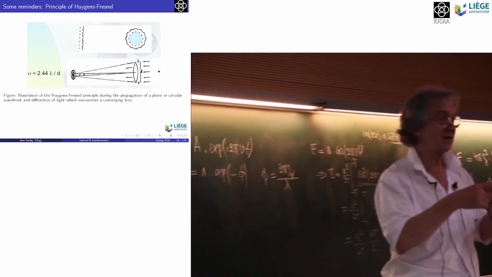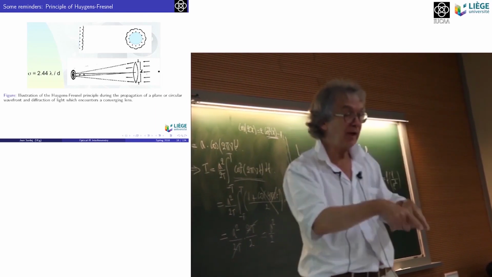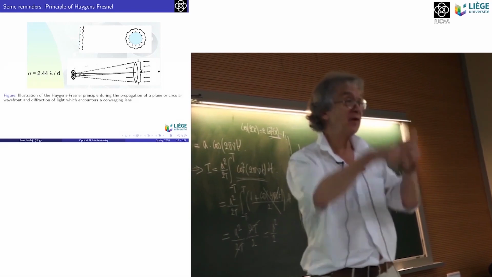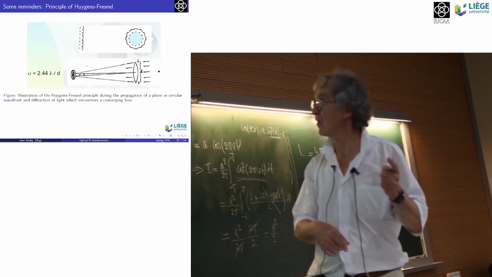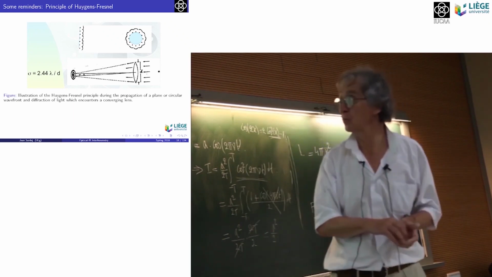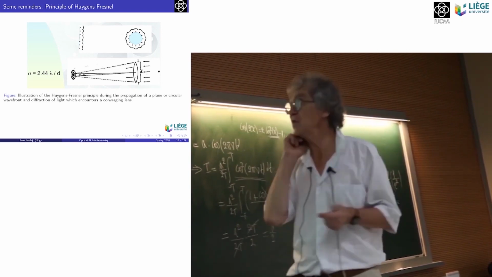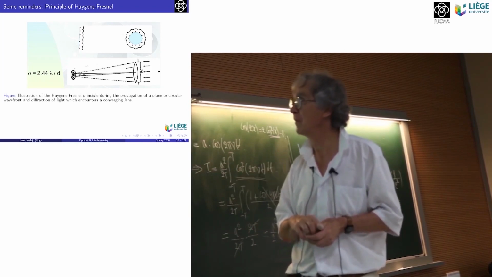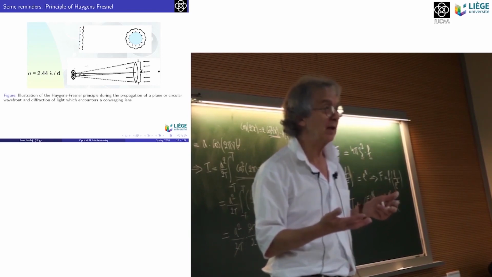interference between the wavelets. So if two wavelets oscillate and meet each other in phase, then their amplitudes will just add up coherently. If they are oscillating in opposition, then the resulting amplitude will be 0. And by adding this interference between the wavelets to the construction principle of Huygens, Fresnel has been able to account for the diffraction effects